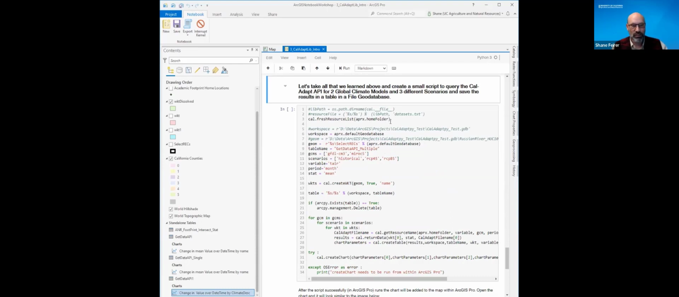So what we're going to do is first, once again, define the resource list like we did above. We're going to set the workspace. In this case, it's going to be the default workspace with the project. We are once again going to set the geometry to be the select REC. And this could be anything as long as it's less than the size of San Bernardino County, and it needs to be in California